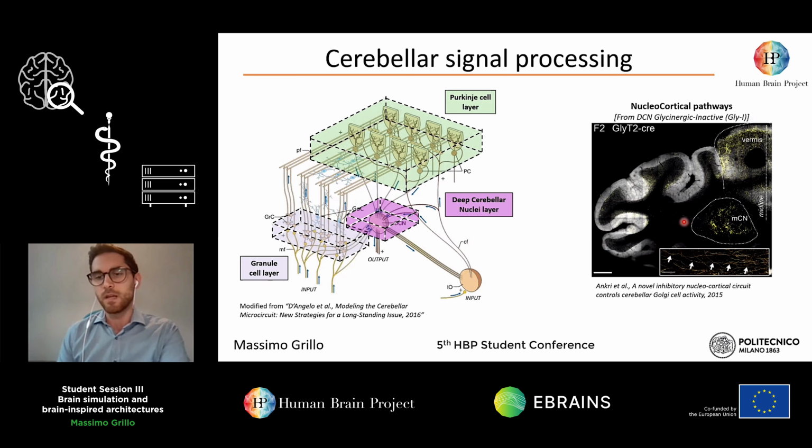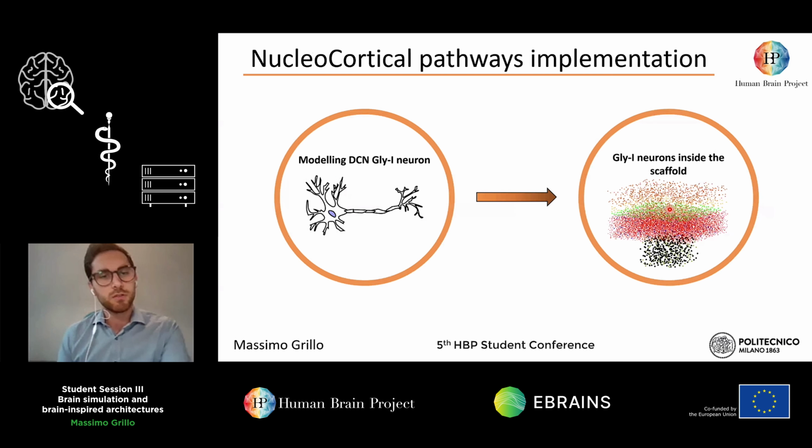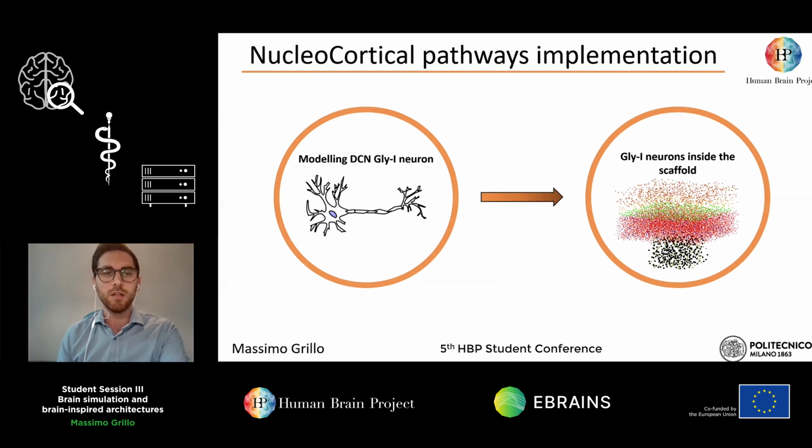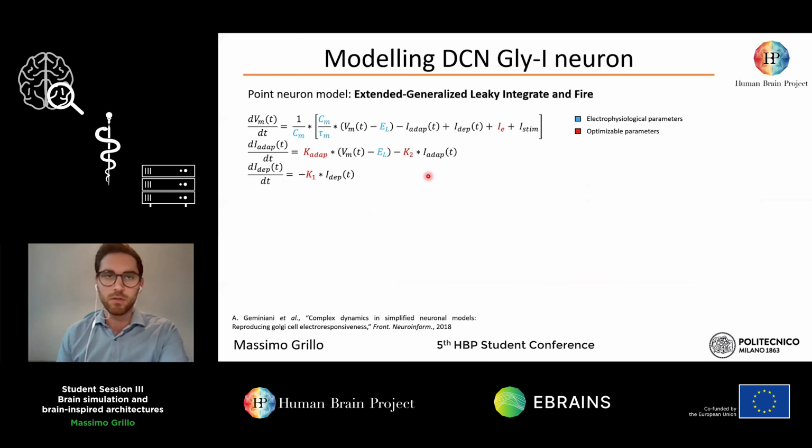I found out that deep cerebellar in silico models in the literature do not implement this pathway. So the aim of the work was to include it in existing models. In order to do that, first of all, I needed to model the DCN glycinergic neurons and then insert them inside the scaffold. About neuron modeling, I used the point neuron model, the extended generalized leaky integrate-and-fire,